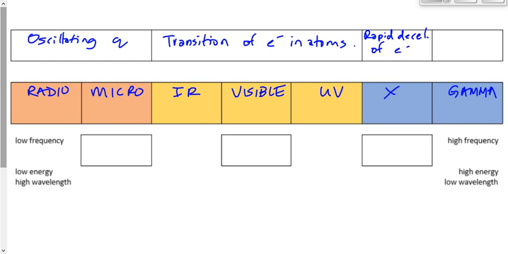Electrons get going really, really fast. We make them go really, really fast by accelerating them through a potential difference, right? QV equals 1/2 mv squared. Get them going really fast and then crash them into a target. And as they crash into that target, they stop rapidly, and the big amount of kinetic energy that they had gets transformed into a big amount of light energy, which means it ends up being an X-ray